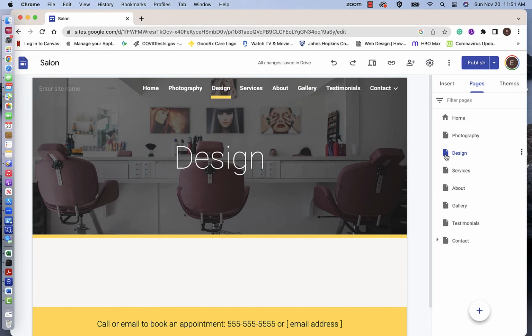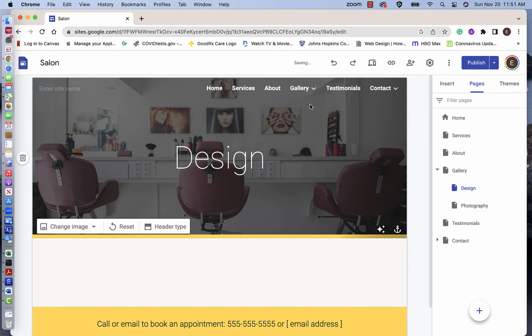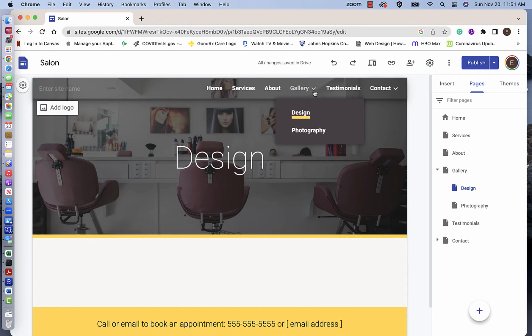Now I can simply grab these two pages and put them underneath the gallery, and if I want this to be on top, I can just move it around. It's literally drag and drop, and now you can see that I have my gallery page that includes the drop down menu. So this is what you need to have for the final submission,